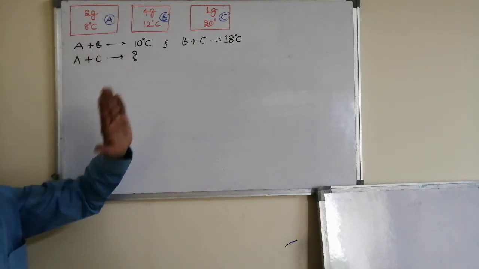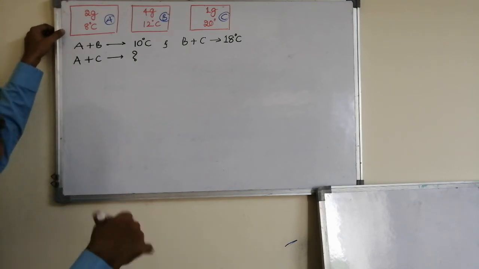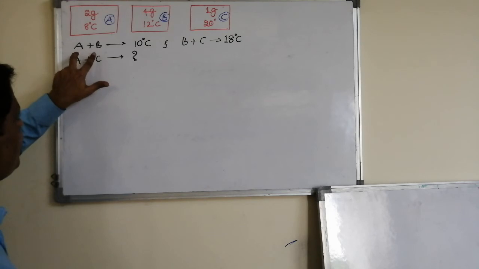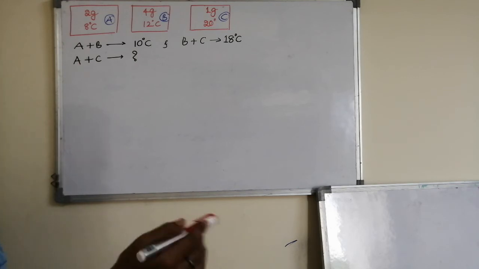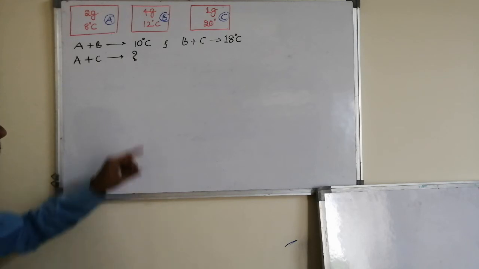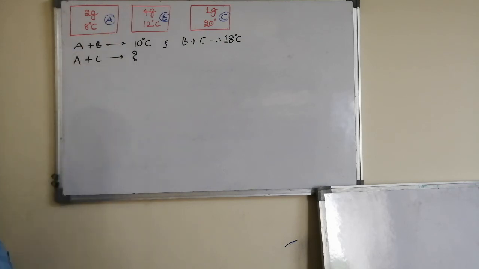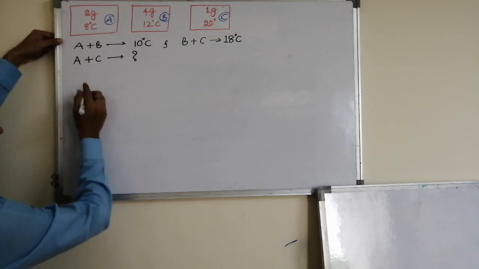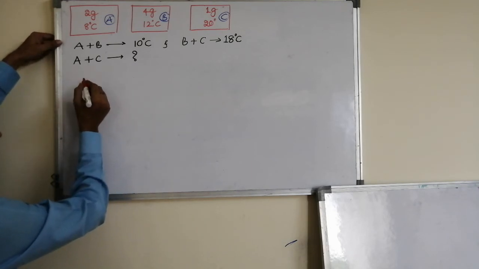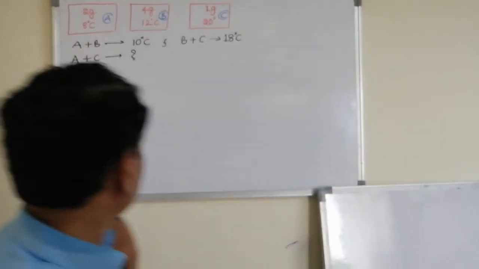As I told, all three have different specific heats. Now, I'll use my simple way, that is, two bodies are mixed together at a time. Hence, I can use heat lost is equal to heat gain. In case of A and B, one is losing, one is gaining, so Q lost is equal to Q gain. Whenever there is a change in temperature, I can use the formula M s delta T.